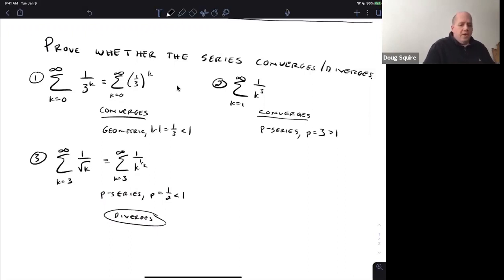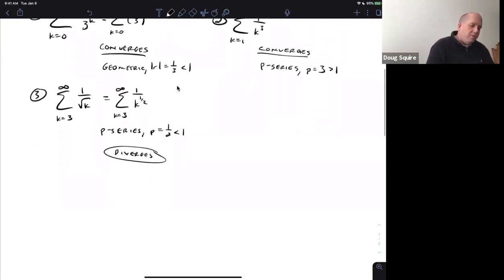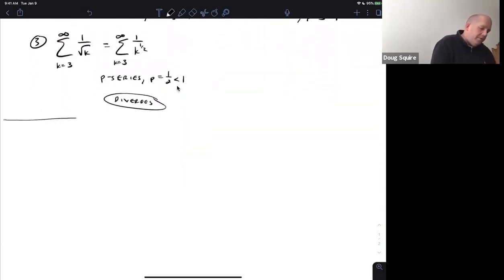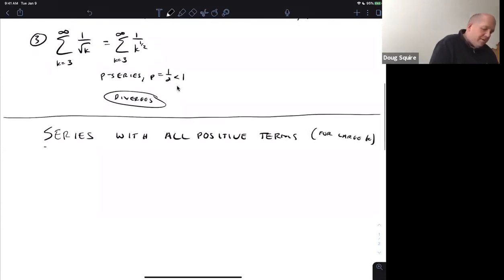Okay, so what I want to go into is more complicated series. The directions on the standard problems are going to continue to be prove whether the series converges or diverges. But I want to talk for a minute about series with all positive terms. We talked about this when we were dealing with the integral test. When we say all positive terms, we mean for large k. It might even be that some of the early terms are negative. That doesn't matter as long as eventually all of the terms are positive. And the significant thing about that is that if the series diverges,